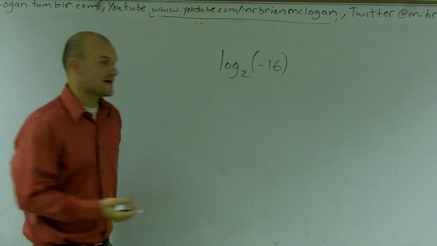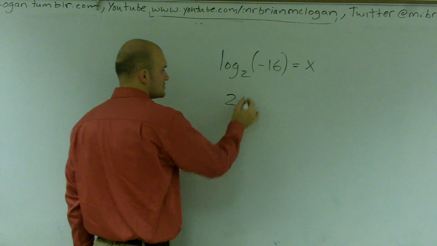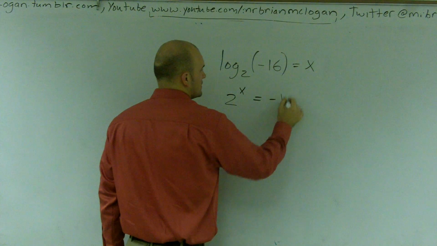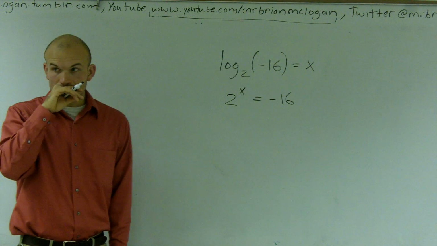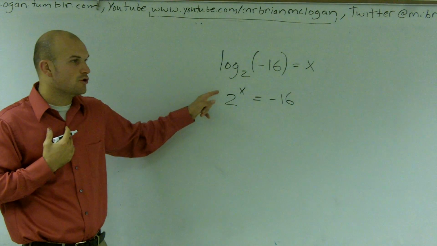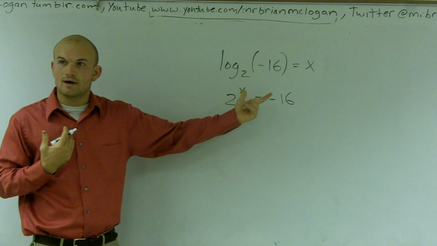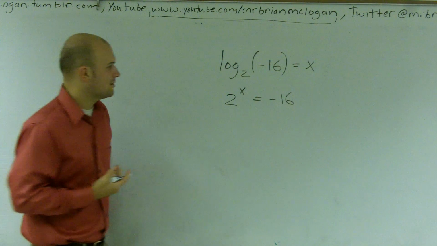And let's go and transfer this to exponential form. I can write this as, say this equals x. So 2 raised to the x equals negative 16. Right? So what they're saying is, 2 multiplied by itself, how many times is it going to give you negative 16? Well, one thing we'll notice is